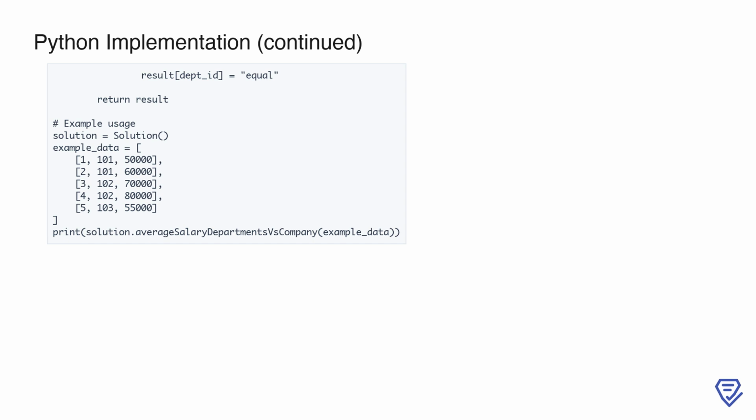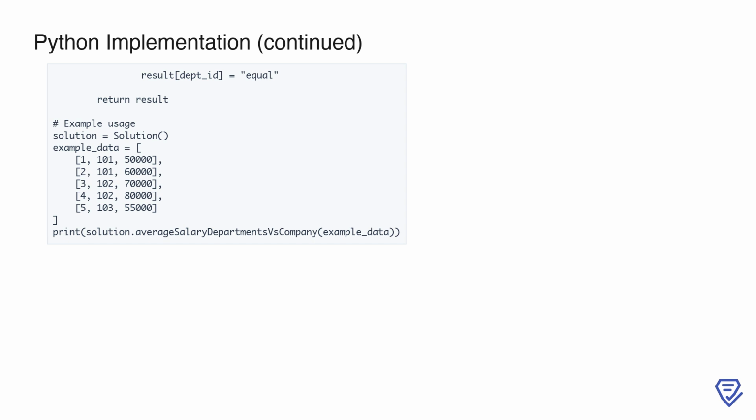To illustrate how this method works, we provide an example. We create an instance of the solution class and call the average_salary_departments_versus_company method with a sample dataset. This dataset consists of 5 employees, each with their respective IDs, department IDs, and salaries. When we pass this data to the method, it processes the information and outputs a result that shows how each department's average salary compares to the company's overall average. This example allows us to see the method in action and verify its correctness. By running the code, we can observe how the logic handles different scenarios and provides clear insights into the salary